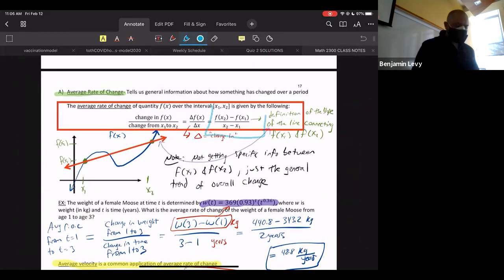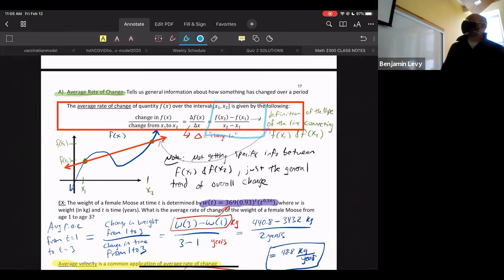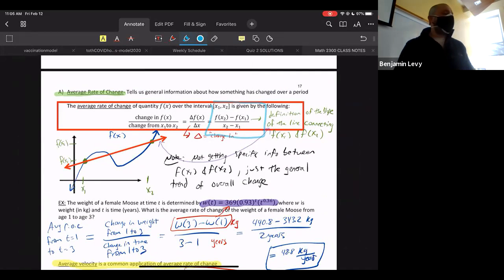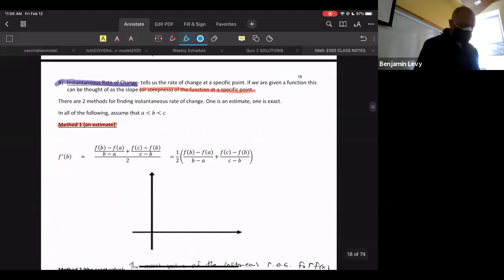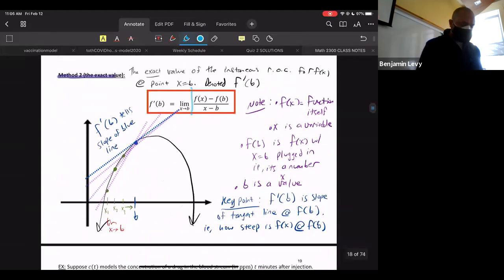Right, so this thing we looked at previously in the blue is just telling us the slope between 2 points. And what I ended with last time is, if we take this formula and we put a limit on it, so we do the limit as x approaches b, then it becomes the instantaneous rate of change, right? So that's where we finished right here, this is the exact same thing we were just looking at in the previous page,